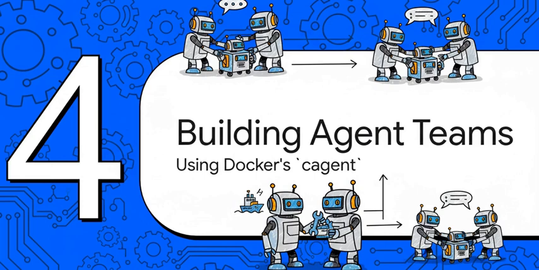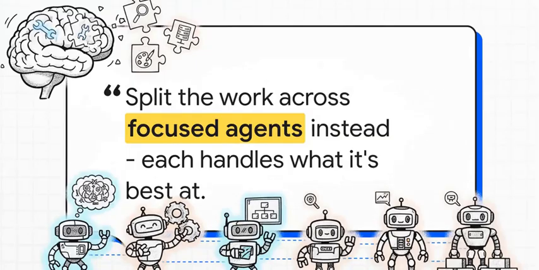How do these open standards actually turn into something you can use? A perfect example is a tool from Docker called Agent Streak, which uses these ideas to help you build not just one agent, but entire teams of them. And this quote right here gets to the heart of this huge paradigm shift. Instead of one single jack-of-all-trades AI that's constantly having to switch its own mental context, you build a team of specialists. Each agent gets one specific job, and it only focuses on what it does best.